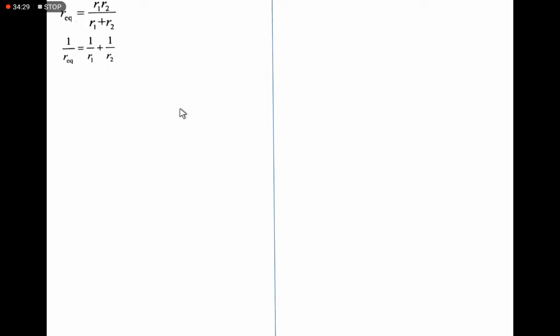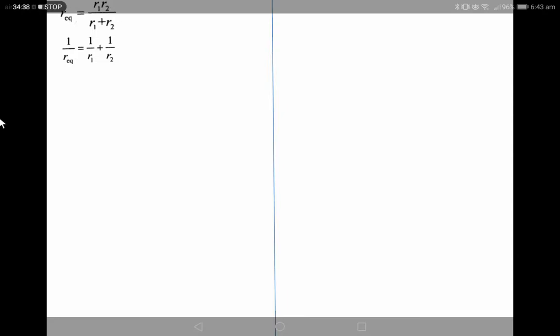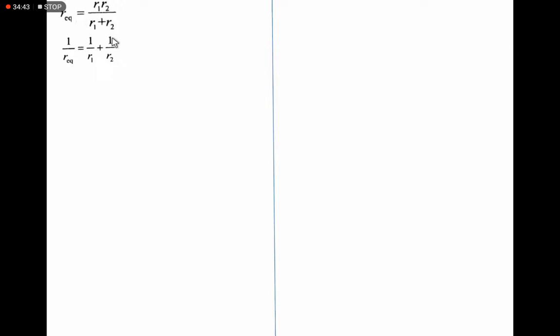So from this equation, actually, it is the reciprocal of the internal resistance of source 1 and source 2. So we'll write 1 upon the equivalent resistance is equal to 1 by R1 plus 1 by R2, and similarly we can write the ratio of the EMF of the equivalent source to the internal resistance of the equivalent source is equal to E1 by R1 plus E2 by R2.